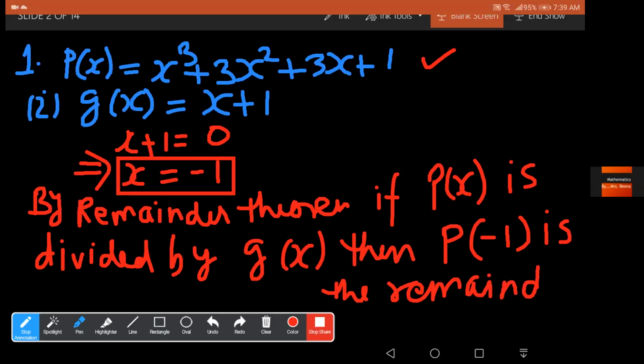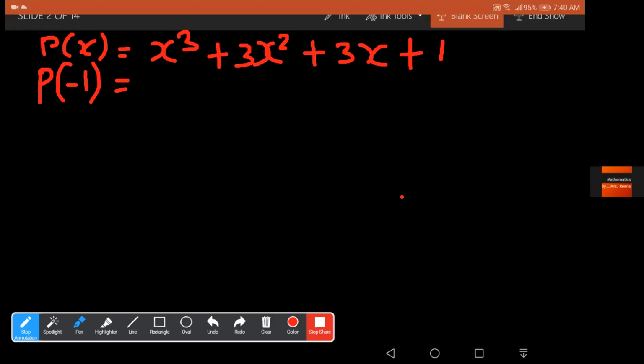अब आपको क्या करना है? p(-1) की वैल्यू फाइंड करनी है. So write down it and then we will do the next part of it. Yes, let us find out p(-1) now. Here we have p(x) equal to x cube plus 3x square plus 3x plus 1. So if we put minus 1 instead of x, है ना, x की जगह पे हमने पुट किया minus 1, then we will get